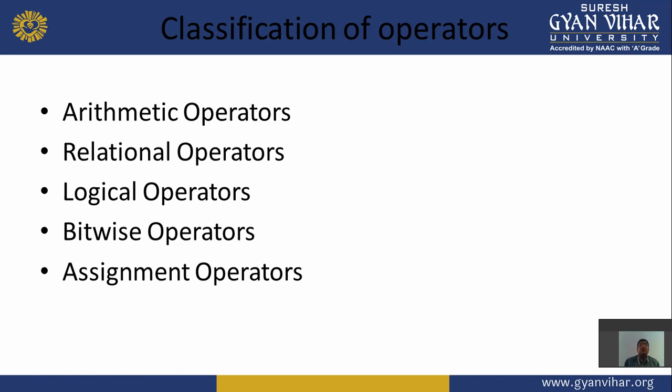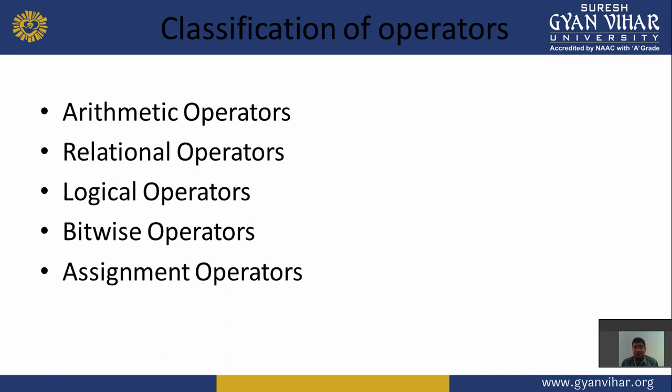Third is the logical operator. A logical operator means: if this condition is true and this condition is false, then what is the result? Like and, or. AND means Ram and Shyam go to the market. If Ram and Shyam are both going to the market, then the condition is true. If Ram is not going and Shyam is going, then the condition is false. So it compares the two conditions and gives only one result.